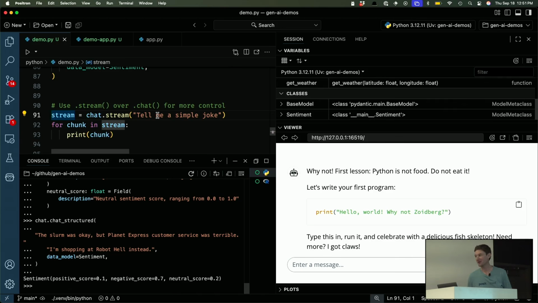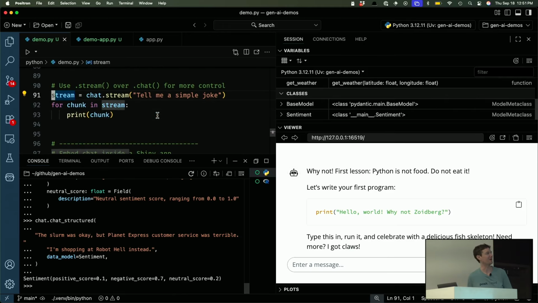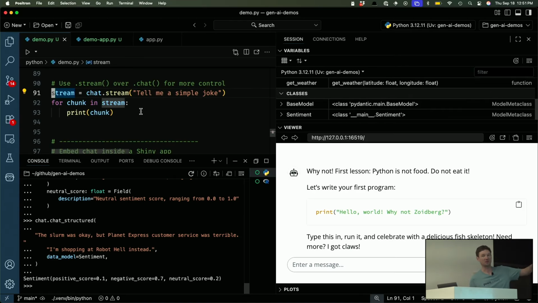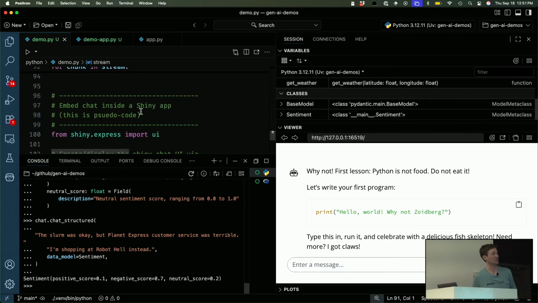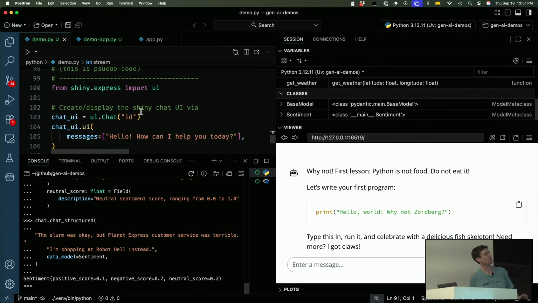I'm probably running out of time, but I'll just mention there's one other method, a stream method, which is a little bit more programmatic interface that allows you to program with the streaming output as it comes in from the model. So this is just a real basic way to print out the chunks as they're coming in. But you can pretty easily integrate this with